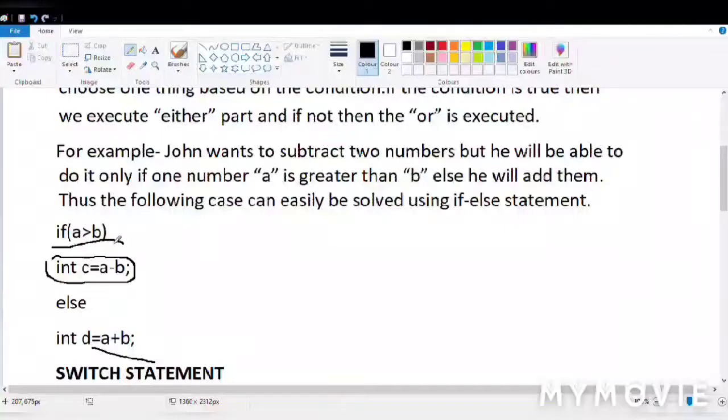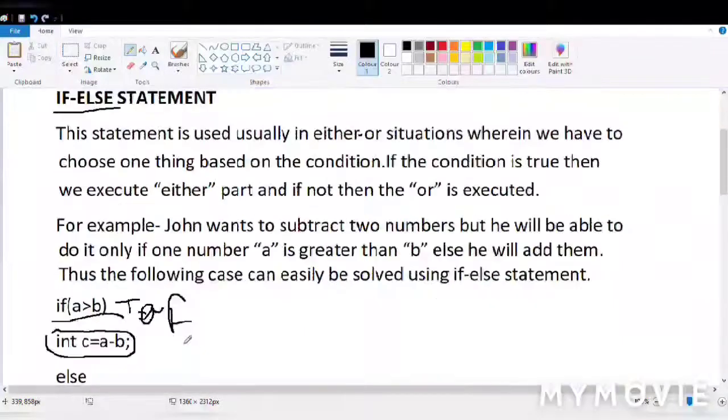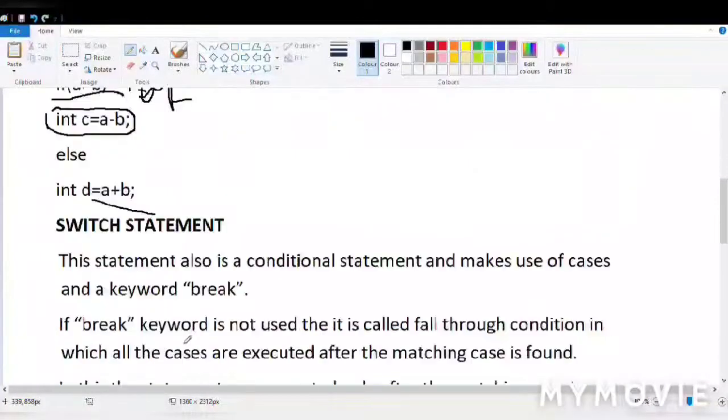Therefore, if A is greater than B, then the condition in the brackets will return either true or false. If it returns true, then this part will be executed. Otherwise, it will come to else and execute this part. So this was mainly what the if else statement is, that is a conditional statement. I will be discussing more about it in my future videos.